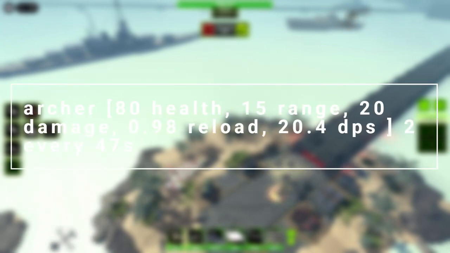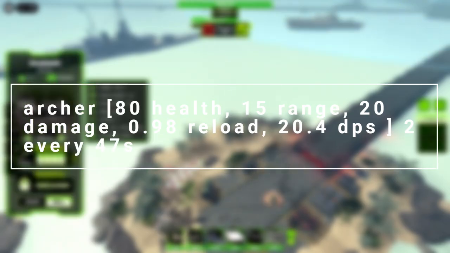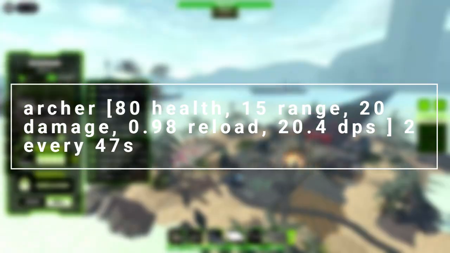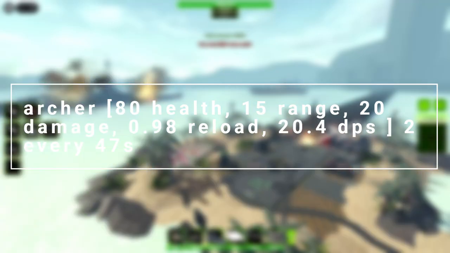The archer has 80 health, 15 range, 20 damage, 0.98 second reload, and about 20.4 DPS, and 2 every 47 seconds. The third bottom path upgrade is called Heavy Armor, which upgrades the squire to level 3, which gives